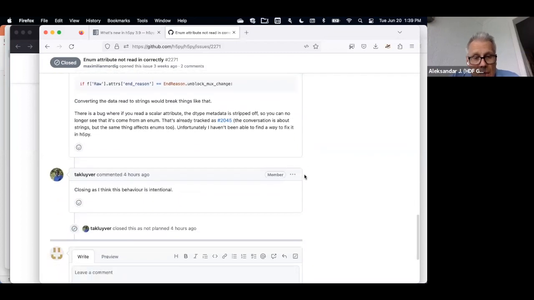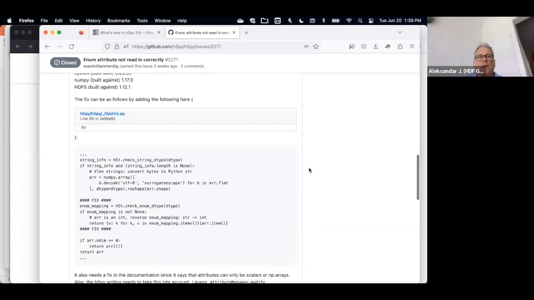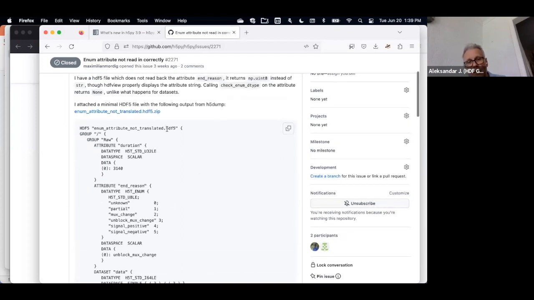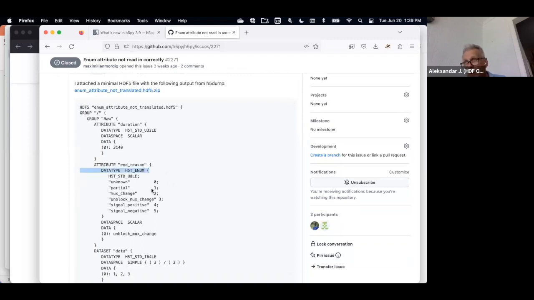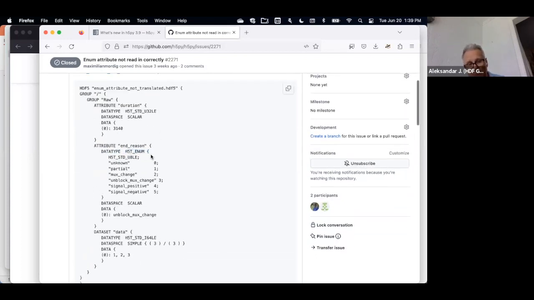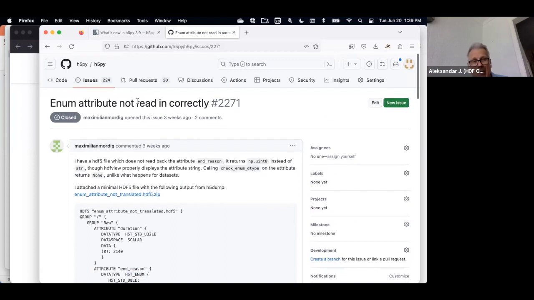So anyway, that's something that I thought about. I think it's a nice example when you have a somewhat unusual data type. And in this case, it's not a committed data type. In other words, no one put it in the file and said, hey, I have an enum, and you should all know about it. This is only an enum for this attribute in this example file. But it's an interesting question. What would you prefer? What kind of object should h5py return? I don't think I have an answer, obviously, but I just found it to be an interesting case.